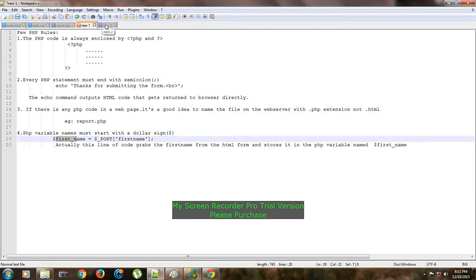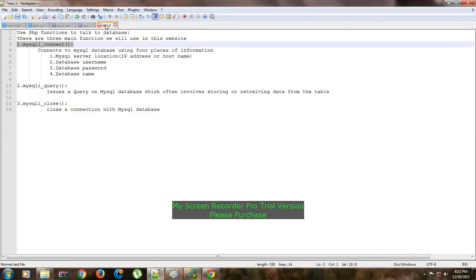So in order to connect our PHP script to our database, we require functions. And for our website, we are using 3 main functions. First thing is mysql_connect. So this is a function. This function has 4 arguments. We need to supply this function with 4 arguments. And the first argument is, we need to specify the MySQL IP address.